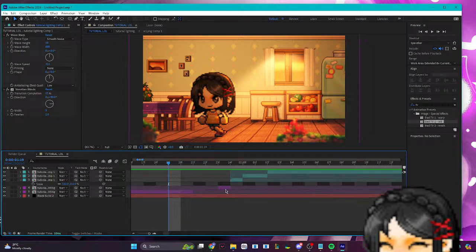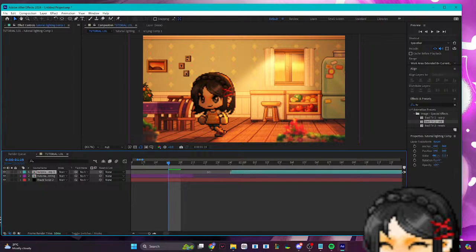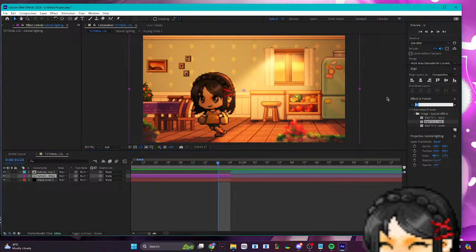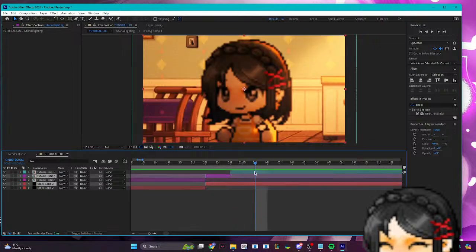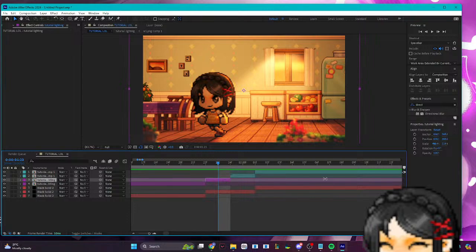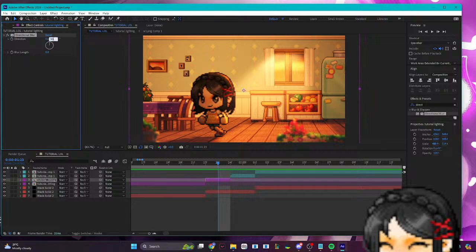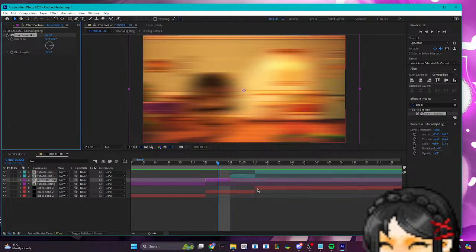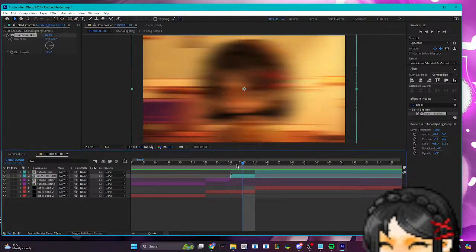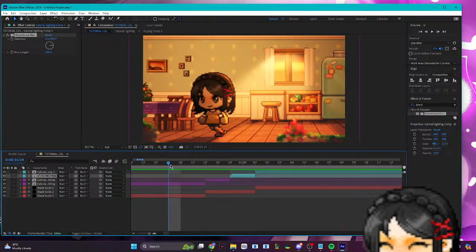And I also, if I put these back to normal, use directional blur. So if I do the same thing, and I cut some, and I add some directional blur, and I set this to, let's say 90, because I want it to be sideways, and I add a lot of it, I can copy this over, paste it onto that, and